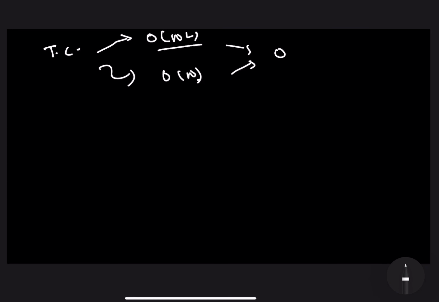Now trying to understand the time complexity, if you notice the total number of states is O of n square, and the average time to solve each state is O of n, and this leads to a total time complexity of O of n cube. Now this is the time complexity for this problem.